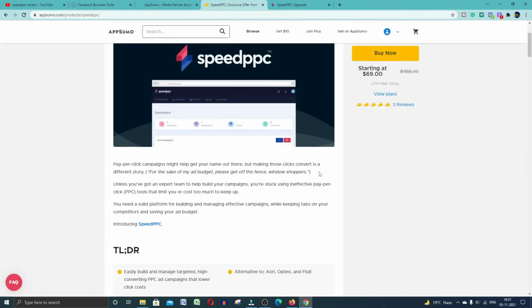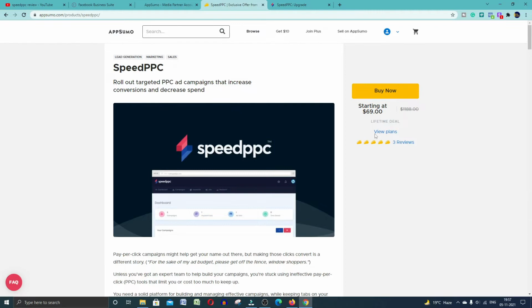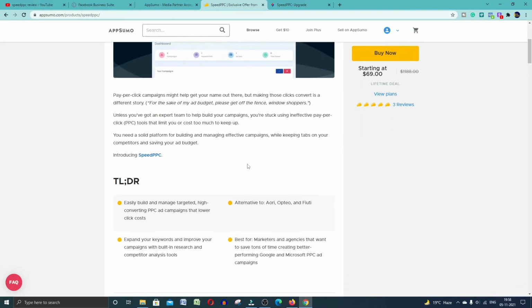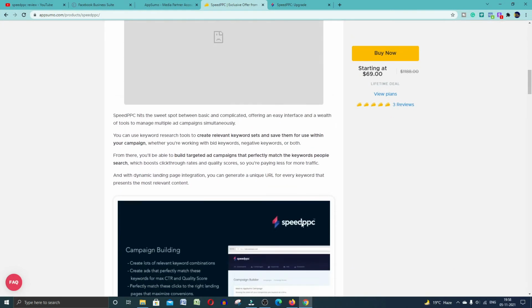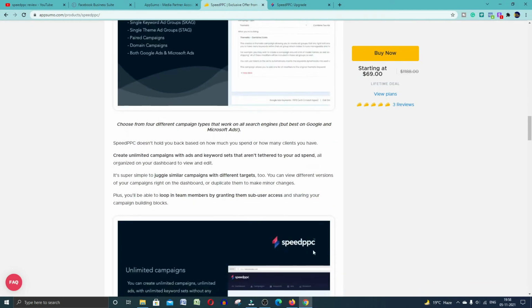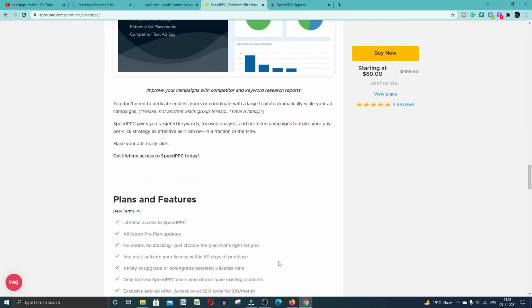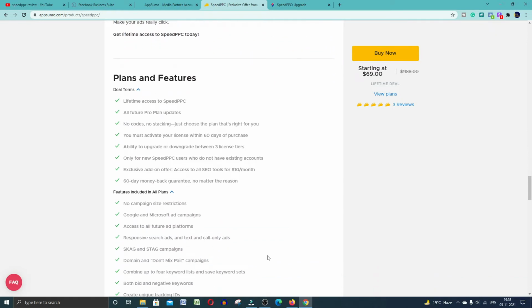Now if you are interested to buy this tool, you can buy it from the AppSumo Marketplace. AppSumo Marketplace is a platform where you can buy all digital tools for your businesses. You can automate your businesses with the help of these tools. AppSumo is a leading digital marketplace for entrepreneurs. If you buy this tool from here, you will get a lifetime deal from AppSumo, which is only $69. You pay once and you can access this tool for lifetime. And they have also mentioned all the details about this tool, where you can read more, understand how you can use it and what features they have included in this tool.